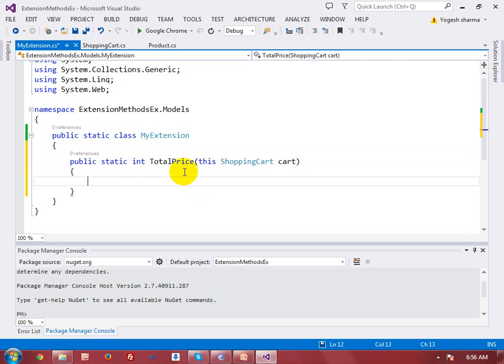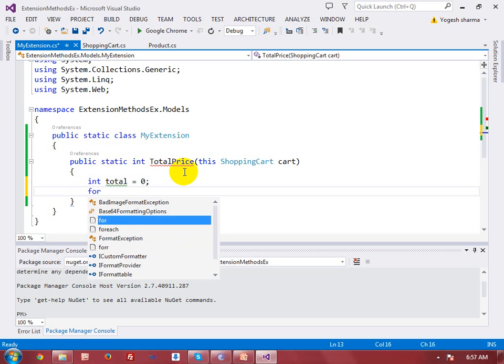After that you have to take a simple variable. As I told you, today's goal is to calculate the price of all your products, right? So I am taking just a simple integer variable.